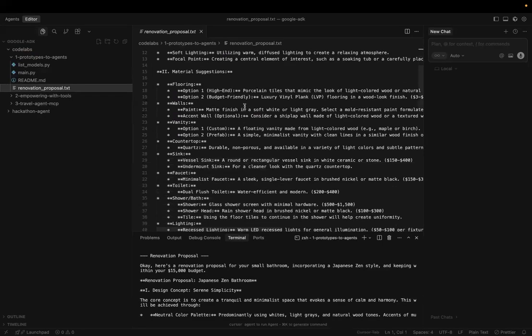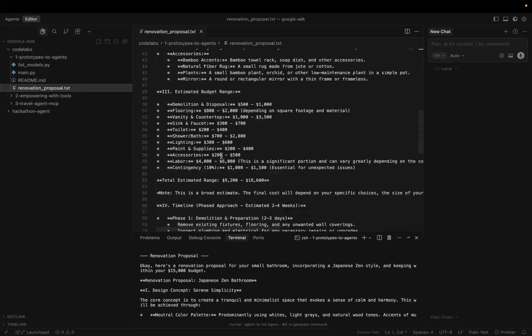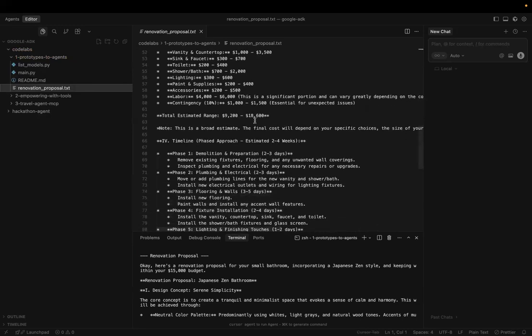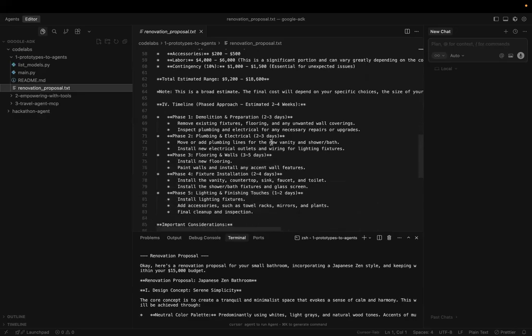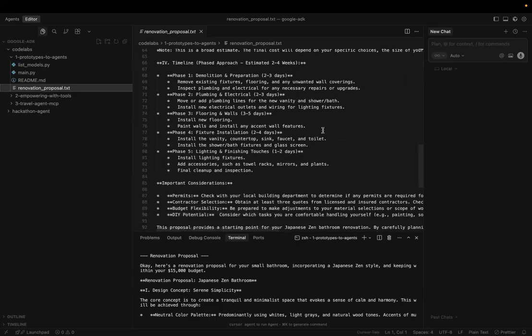also the type of materials for floors, for walls, and everything, and also the budget range. Our budget is 15K, so it almost came up with the same budget range, and even with the timeline. So it slightly depends on the people who actually work on it, but it also came up with the timeline